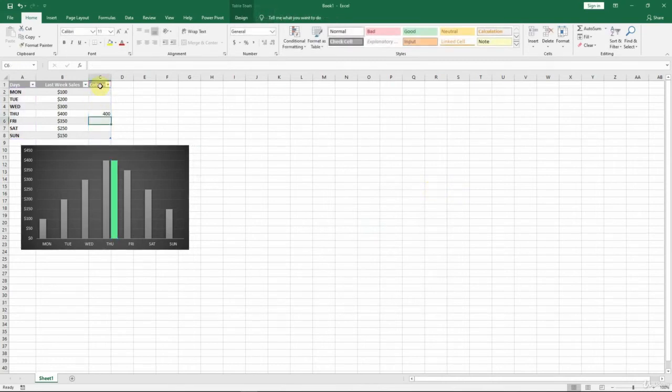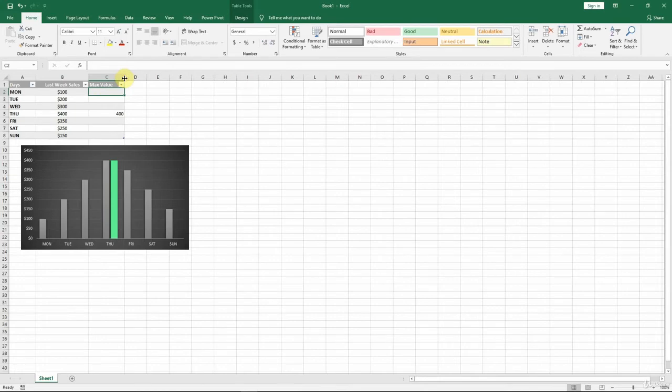Let me rename this column header. I take this column wider. I select it and hit center align. We don't care about the number format for this column. Now, would it be possible to shift this green bar right over the gray one? Yes, it would. Select the green bar,